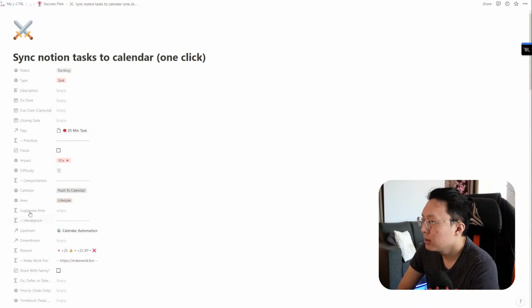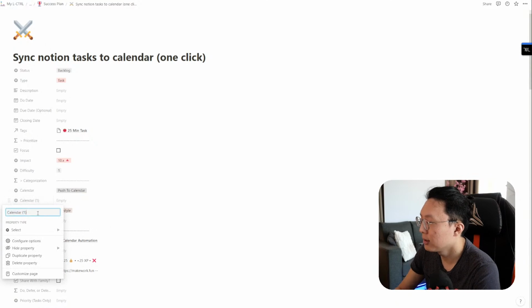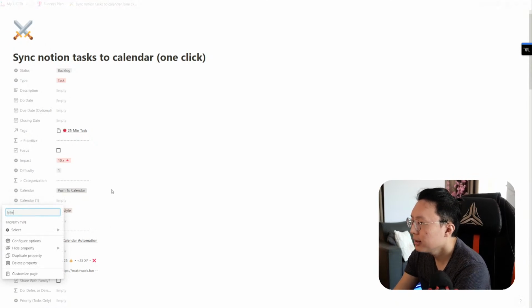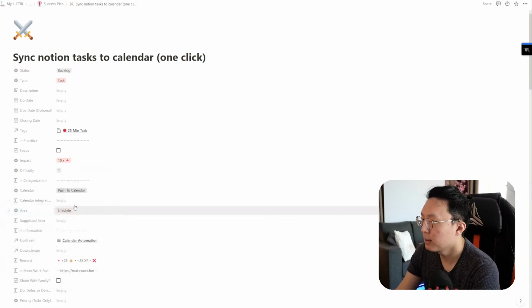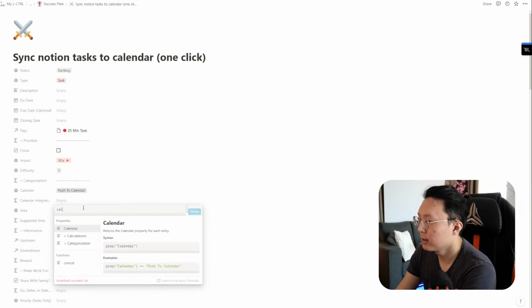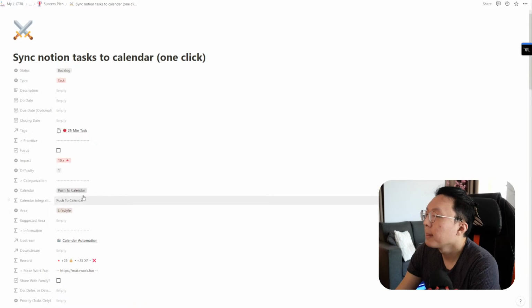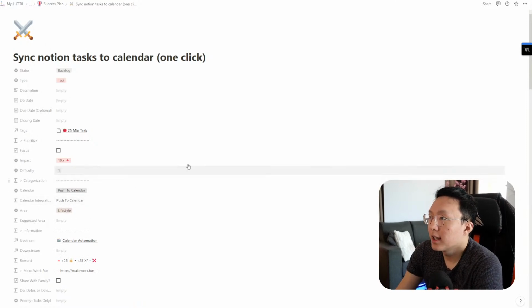I'm also going to do a duplication here, and I'm going to call this one calendar integration, and you're going to see why in a second, but we're going to make this a formula. This is going to parse out what's in the calendar because I only want the text. Okay, so we have calendar integration, push to calendar. So what I want to do,